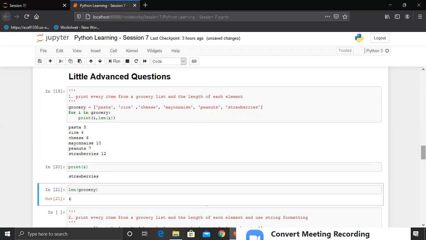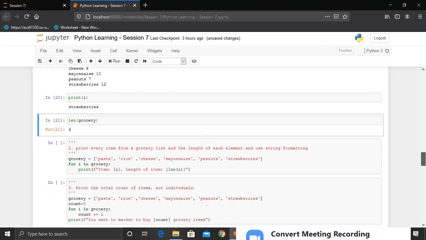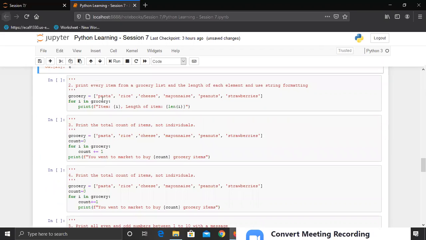Okay, let's proceed. The second question is the same. We are now just using an f-string to make it a better representation. We are writing item colon, the variable which is i. So remember, while we were using f-strings, we had to use curly braces wherever we are using any variable. So i is a variable here. If I want to print out the value of i, we have to use curly braces.